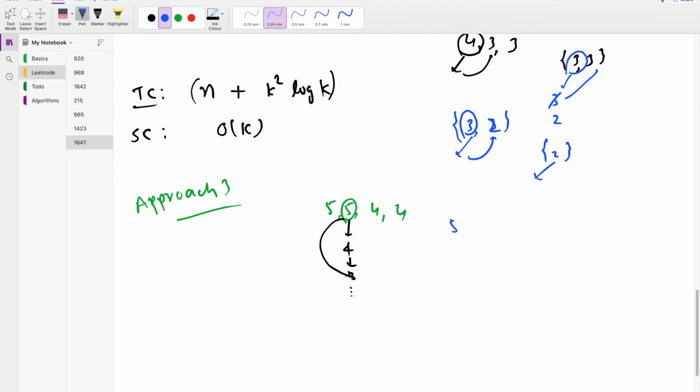So in this case 5544, whatever order we follow, we know that the final answer that we will get is 2 3 4 5 only. It's not necessary that only the characters which are repeated need to be deleted. We can delete other characters as well. Just what we need to do is make a unique